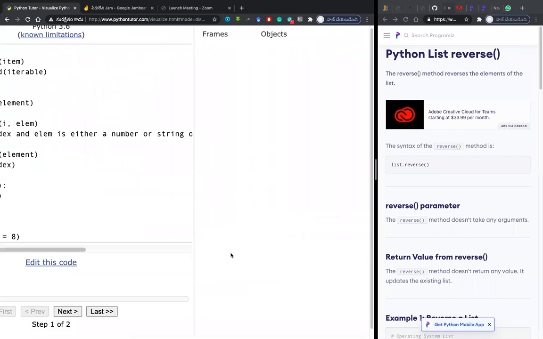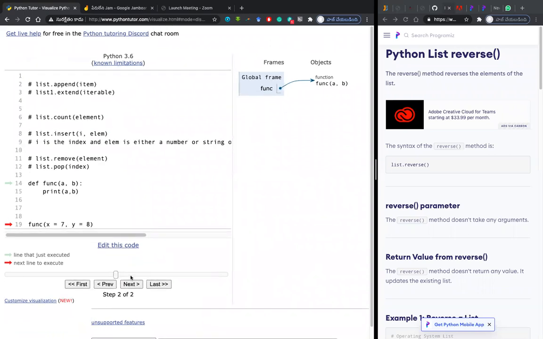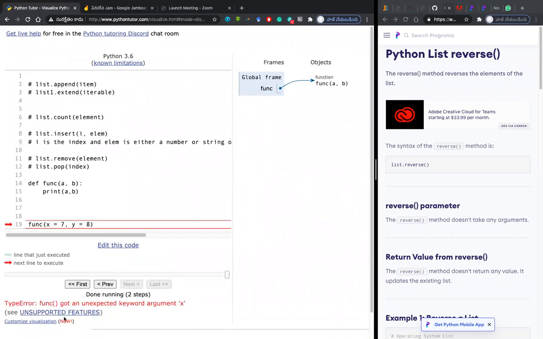It works, right? So what happens you see here? Function AB has been called. It says the function got an unexpected keyword argument X. So by default, it is not accepting this. X is not actually defined, but it is treated as the keyword.